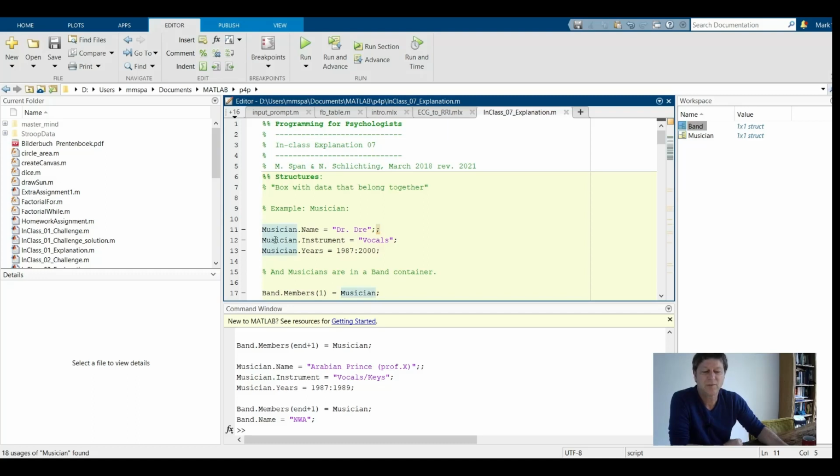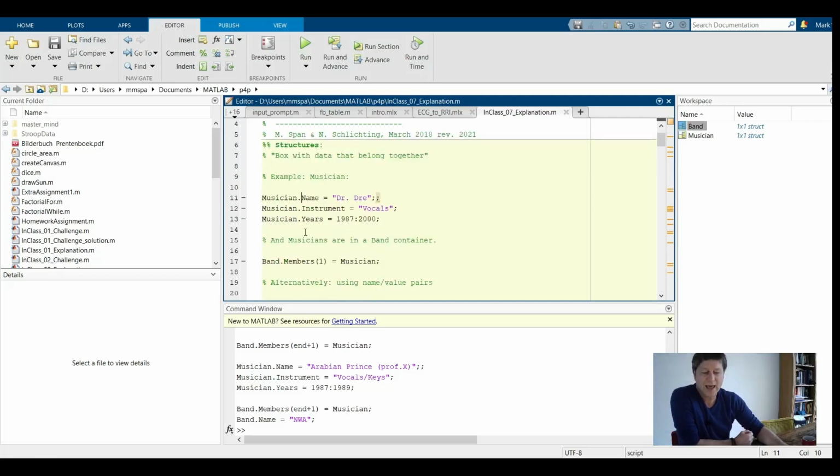We have a musician, that's the structure, and each of the fields, each of the information parts of this structure, can be represented with a dot and then the name of the data that it represents. In this case, it's the name, it's the instrument, and it's the